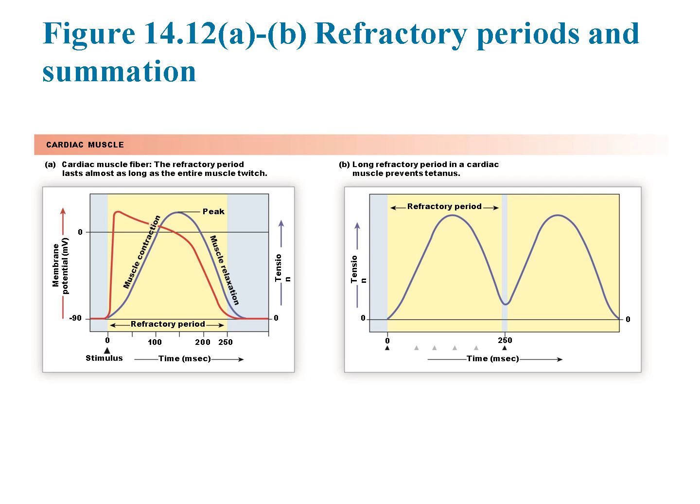In the left graph, we see that in a cardiac muscle fiber, the refractory period lasts almost as long as the entire muscle twitch. This means that the heart muscle cannot be re-stimulated until the previous contraction is nearly complete. This extended refractory period ensures that the heart relaxes between beats, allowing for proper filling of the chambers before the